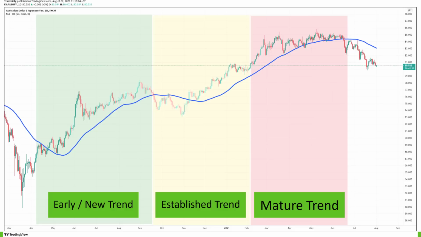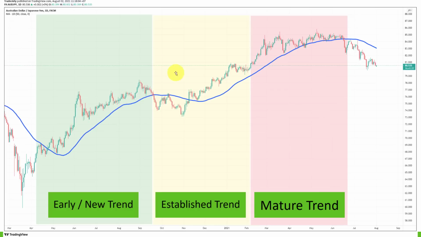In general, I think it's very, very important and very overlooked to understand which trend stage the market you're looking at is currently in. And we have to distinguish between early trends, so the trend is just starting and we are coming maybe from a downtrend here on the left. Then the market is breaking into new highs and we're starting a trend, to an established trend where we know the market has been going up for a while, but the trend hasn't gone on for a long period of time. And we have a mature trend where things are often already slowing down,